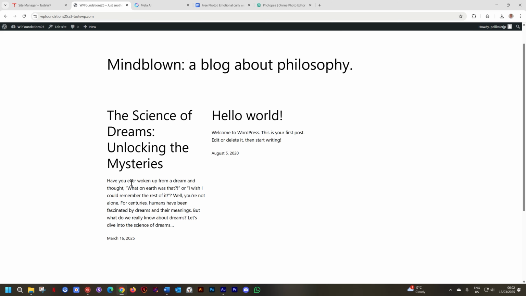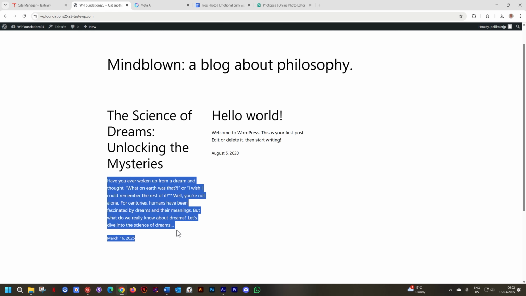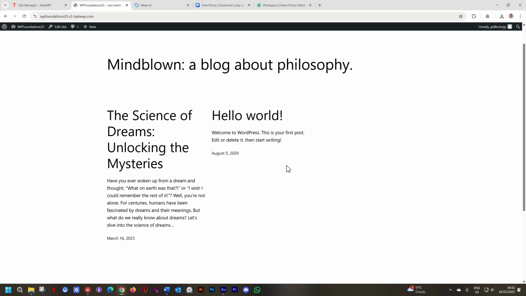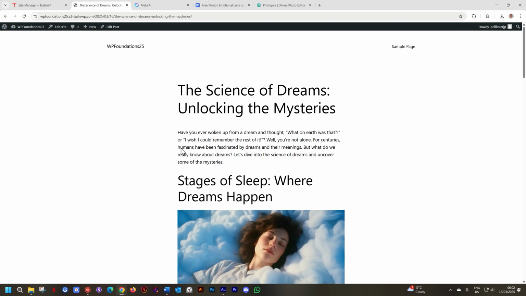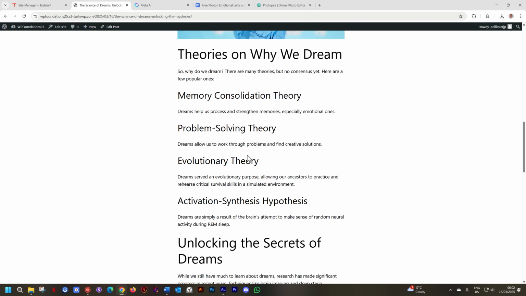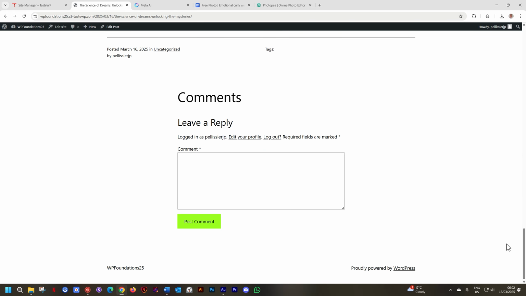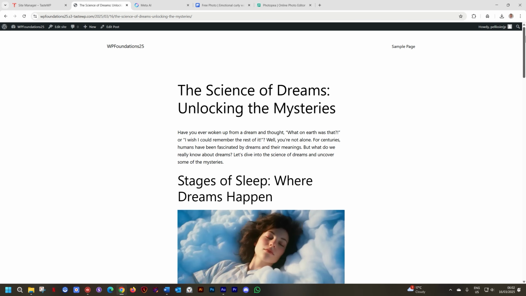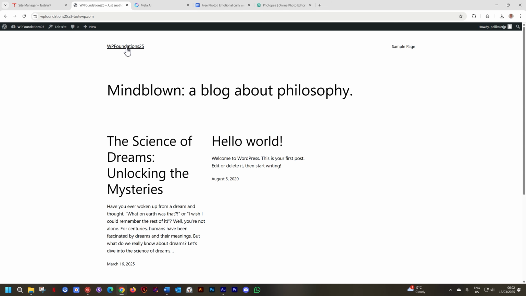And what it does, it shows the title of the post plus a little excerpt, a little part that it takes out. It takes out the first part of the first paragraph and puts that text here. And from here, I can click on this and it will open my post for me. And that's how I get to my post. If I want to go back to the landing, the home page, let's call it home page, go to the top where my name is here, and this is how I navigate around.